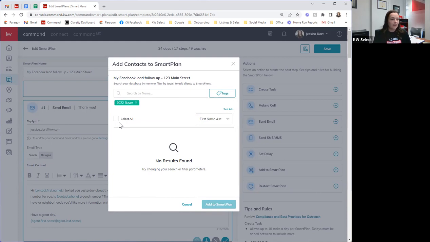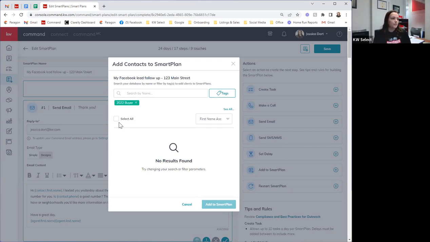So buyers, sellers, maybe service providers, if you're looking to build your relationship with your photographers or your plumbers or inspectors or whatever the case is, you may have a specific tag for that. You may have a specific tag for family and friends. If they attended an open house, you might create a tag. If they're on your sports team, there's a whole range of different things you may create tags for. And it just really comes in handy for cases like this, where you want to send smart plans to a